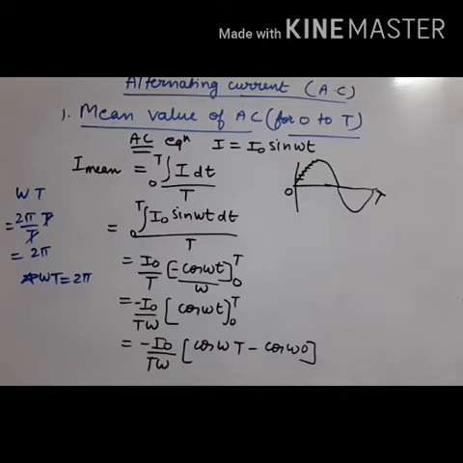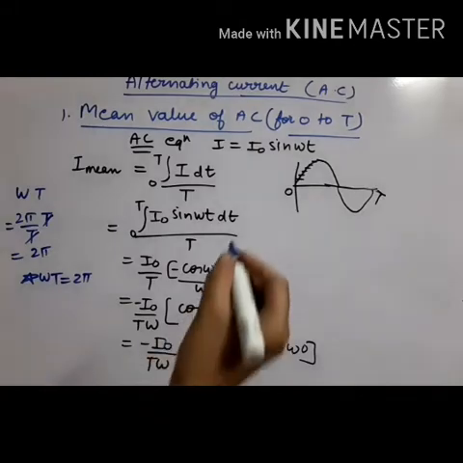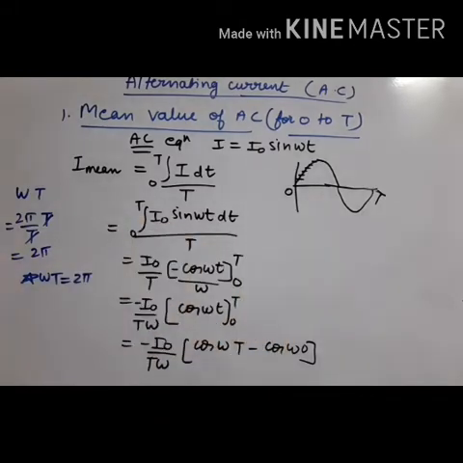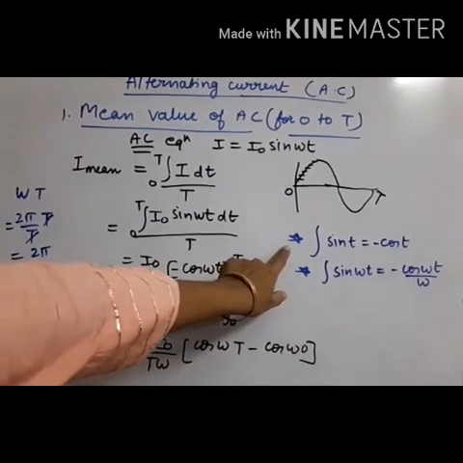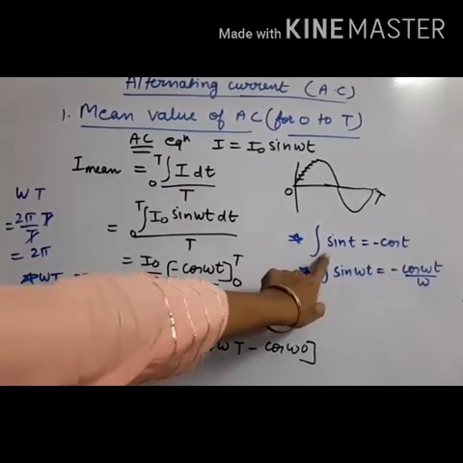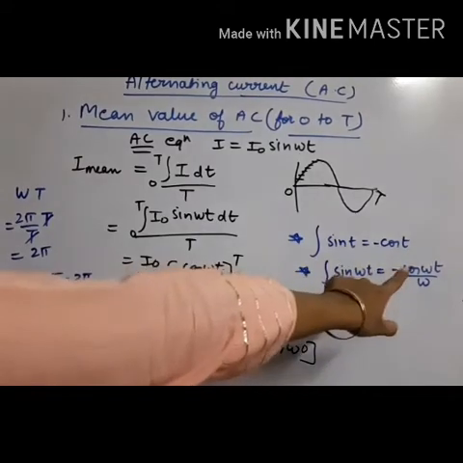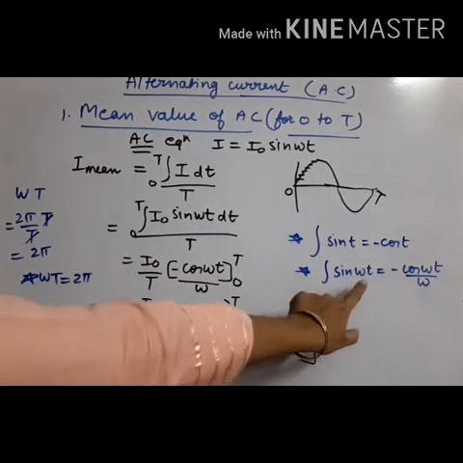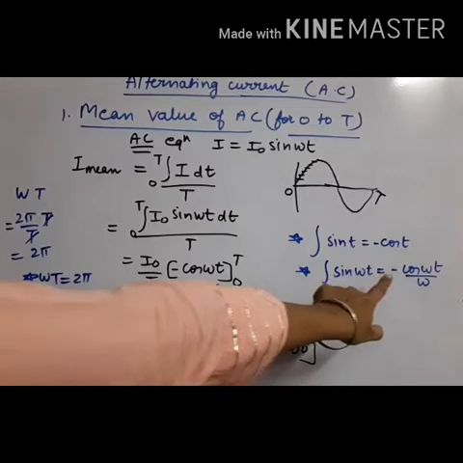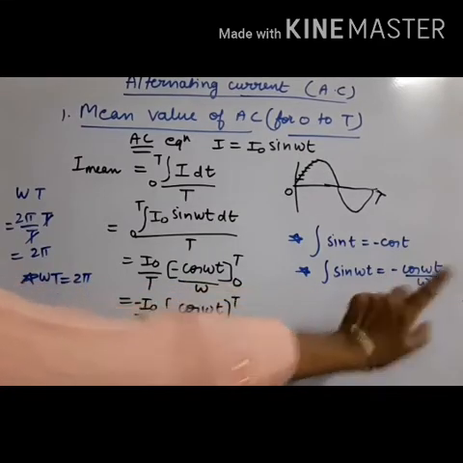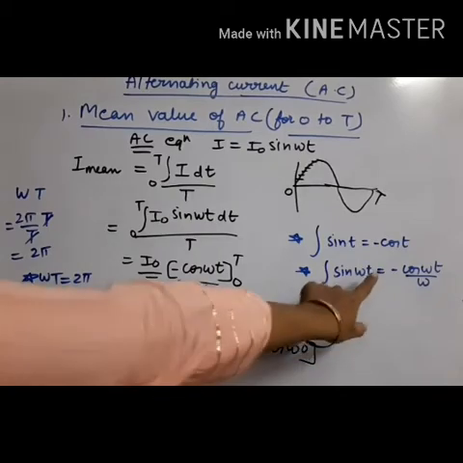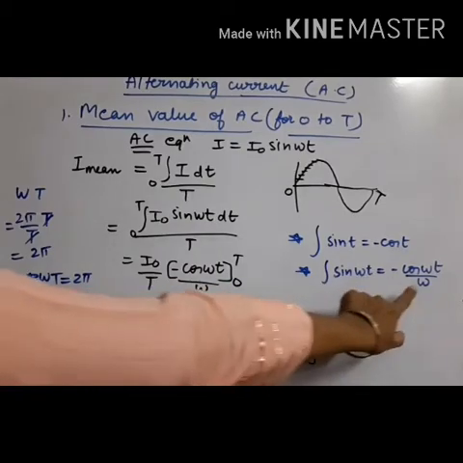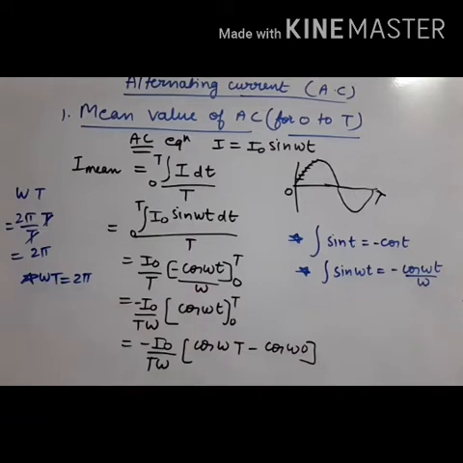As I have told you, integration formulas I will also give you, so I am writing them on this side. These formulas are written mainly for the bio students. Integration of sine theta is minus cos theta, and integration of sine omega t is minus cos theta upon omega, where theta is omega t. So other than t, whatever comes, we have to divide by that also. You have to remember that.